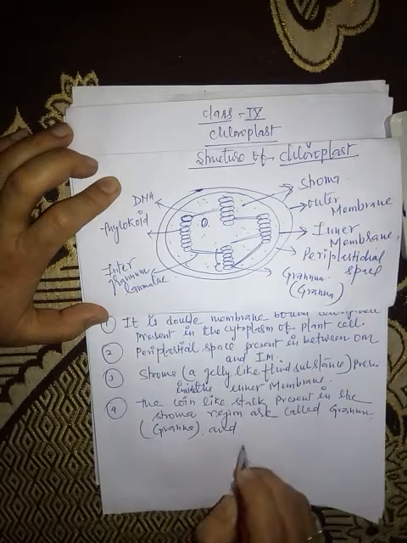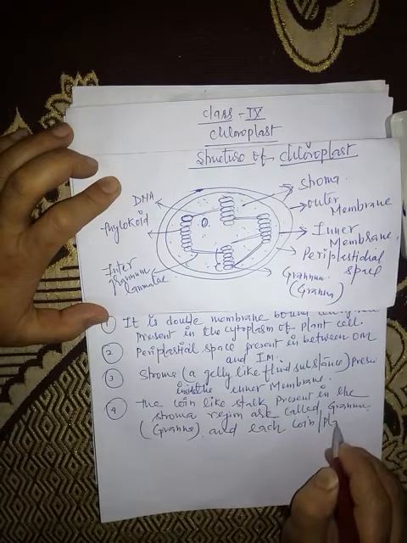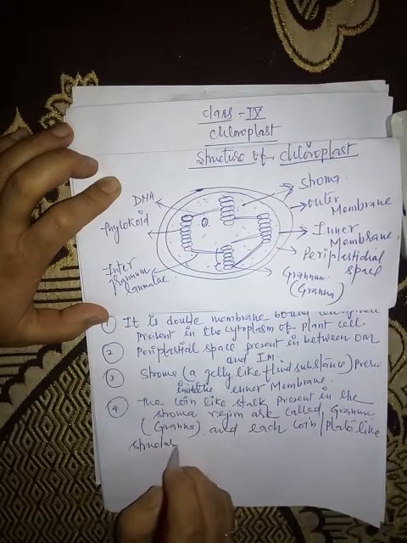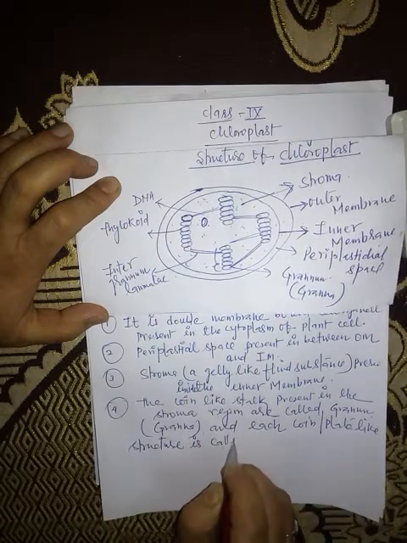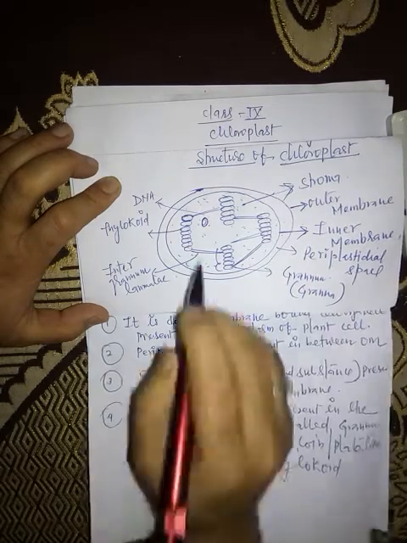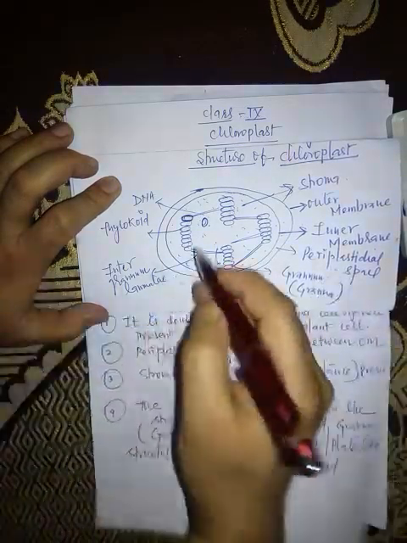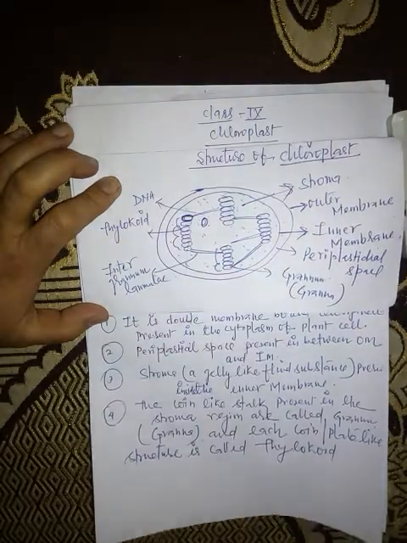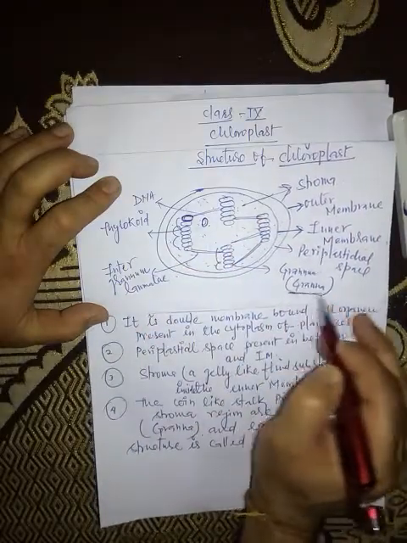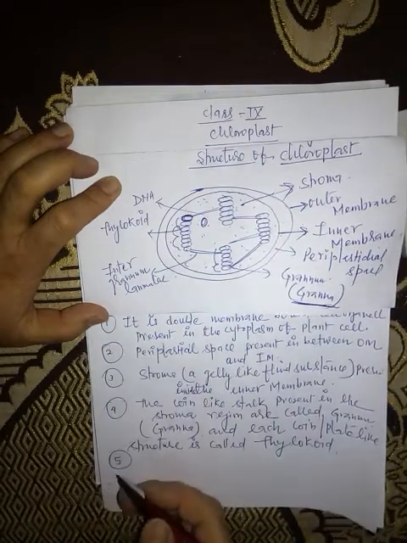And each coin or plate-like structure is called thylakoid. It means each plate-like and coin-like structure is called thylakoid, and the complete stalk is called granum, and all the granum are collectively called grana. Right? Next, these thylakoids contain